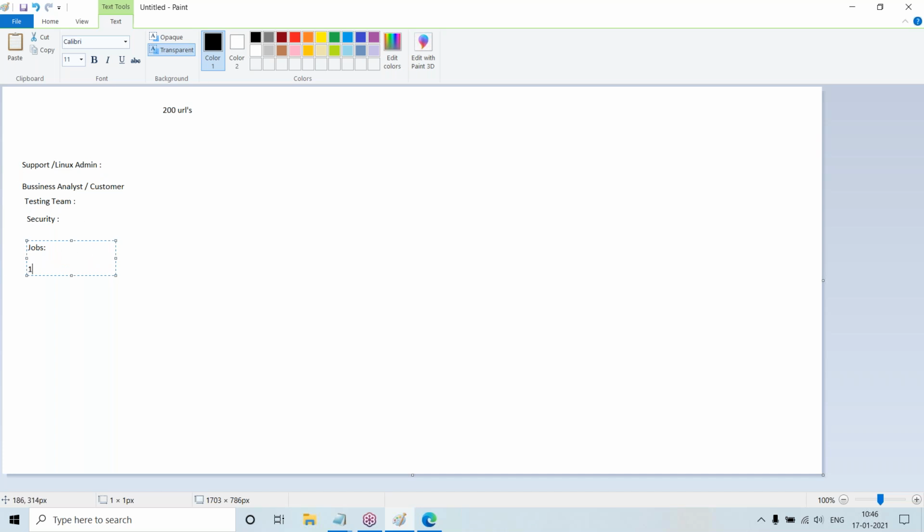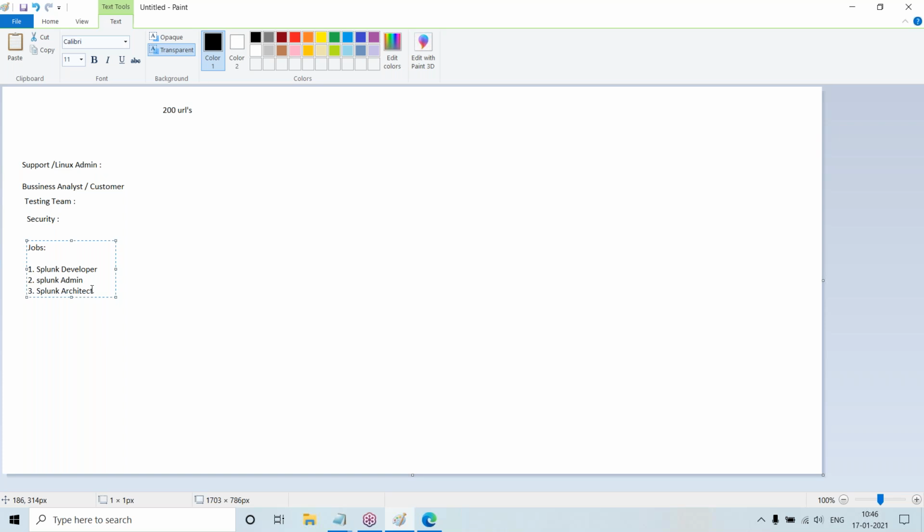Now you will be having something like Splunk developer, Splunk admin, Splunk architect.